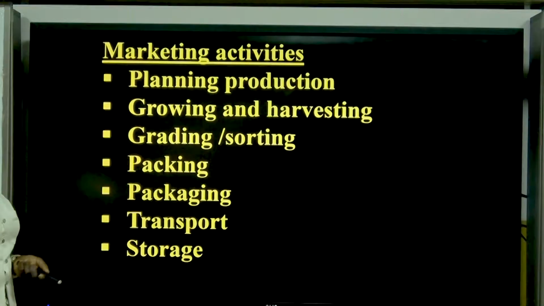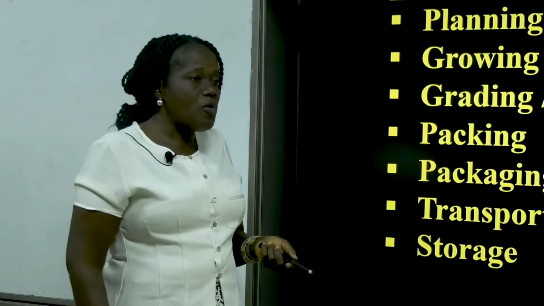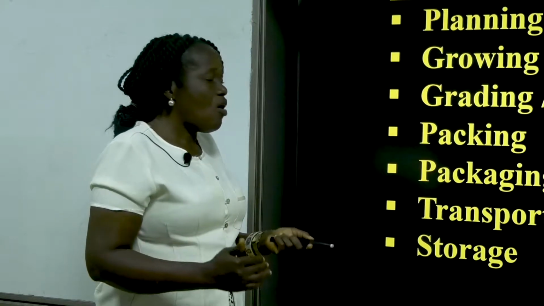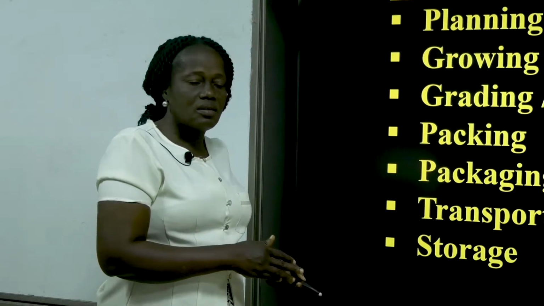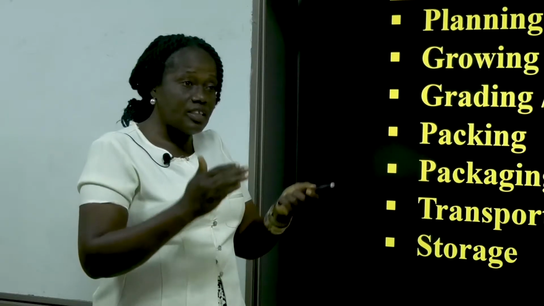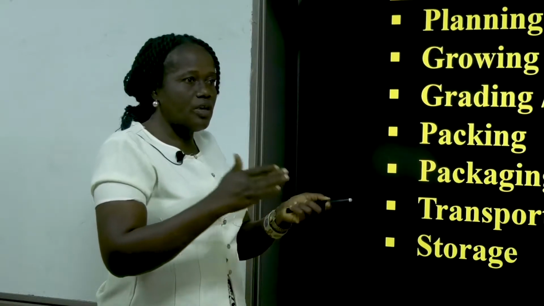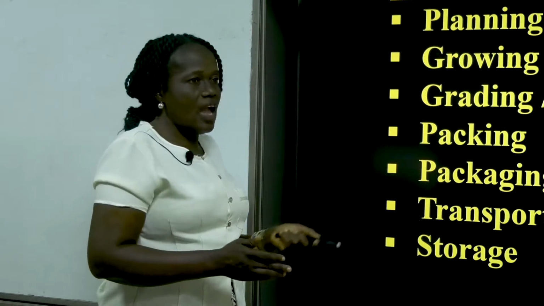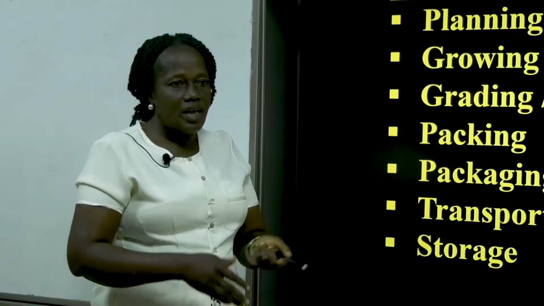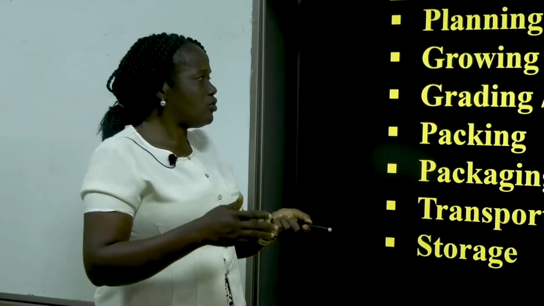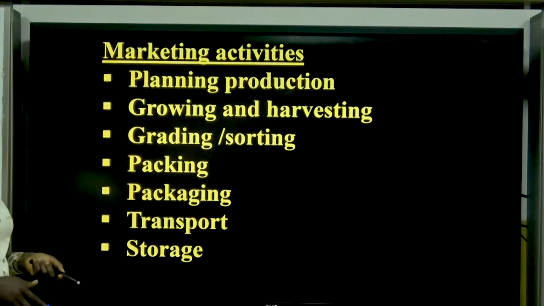The other one is grading and sorting. Now, during harvesting, a lot of things take place when we are harvesting our crops. A wise farmer will sit and grade or sort his or her farm produce. Even if it is animals or eggs that you want to sell, you must sit down, sort them out, and grade them according to how they are, maybe from the big to the small. And even in the crops, there are some that will not produce well. You have to sort all this out so that you'll be able to market